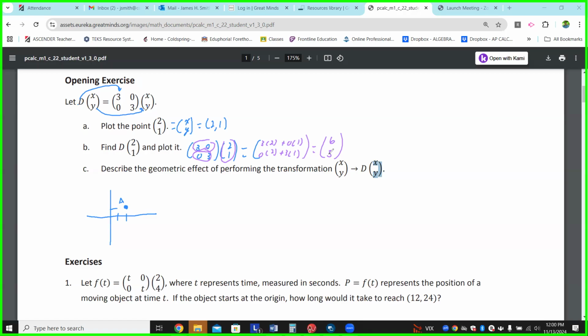So if I graph this right now, this is now 6 comma 3 because that's what it tells us to do, find it and then plot it. So this is the same thing again as 6 comma 3. So I'll go 3, 4, 5, 6. 1, 2, 3. And we'll call this B. So we can see that this point went from here to here, and it's asking you to describe the geometric effect. Well, if it looks like it's doubled or tripled, we can say that this had a dilation